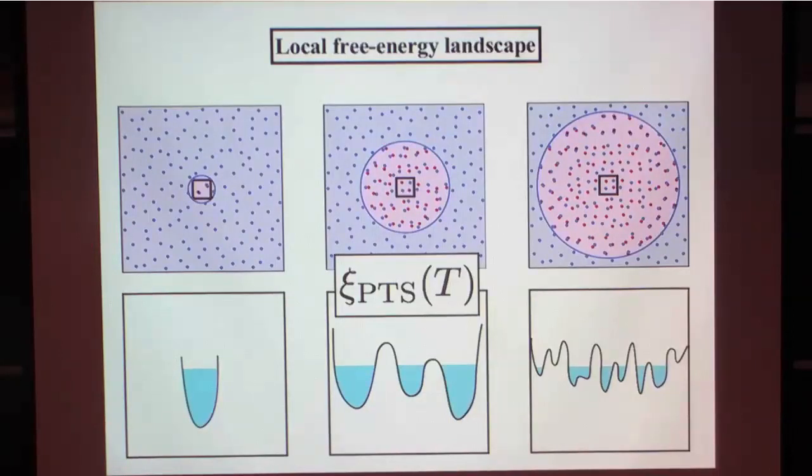Okay. And note that this is a temperature-dependent length scale. So at high temperature, you have a bunch of states. So even if you have a tiny cavity, you have access to all the states, or many states. But if you are at low temperature, there are so many fewer metastable states that you have to go to a longer length scale to access a new state. So this length scale would be longer at low temperature because of the rarefaction of these metastable states.